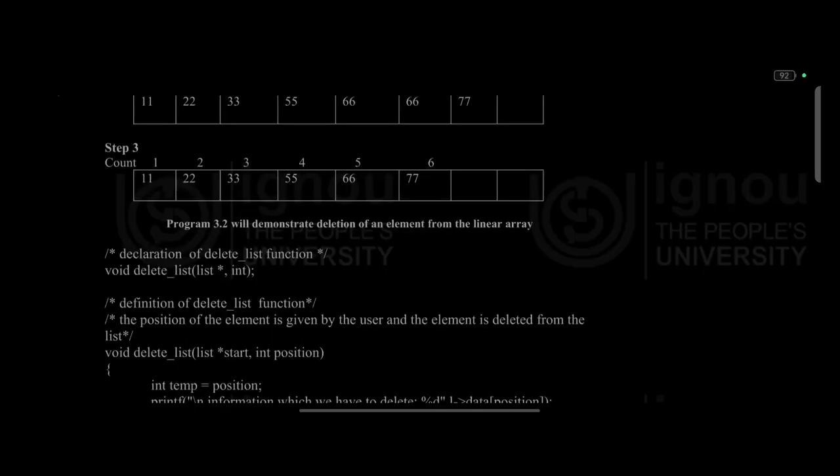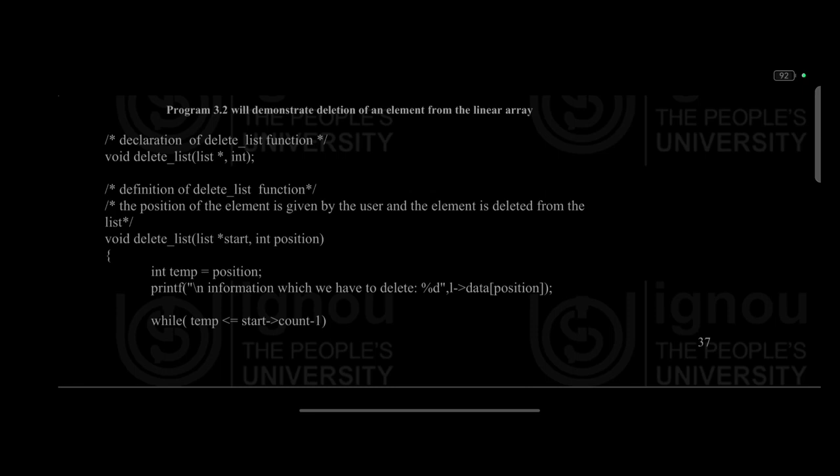Declaration of delete list function: void delete_list(list *, int). Definition of delete_list function. The position of the element is given by the user and the element is deleted from the list. Void delete_list